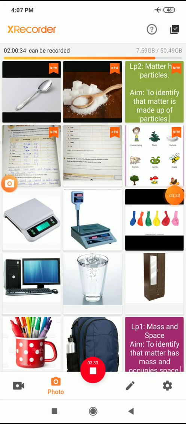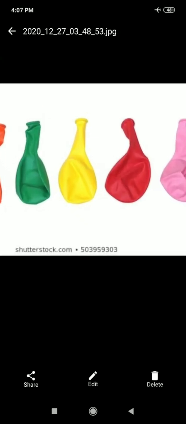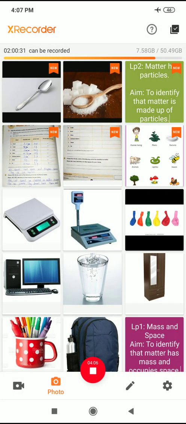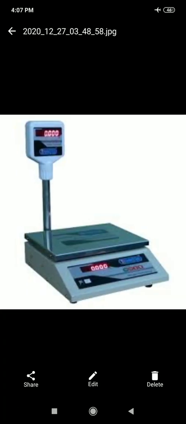And in the previous blocks we have discussed that air also has mass and it occupies space, right or not? If this deflated balloon becomes inflated or big when you blow air into it, then what happens, you have done that weighing activity. So from that we have concluded that it has mass. So these are the things you have to do. If you have a weighing machine, you must do this one.